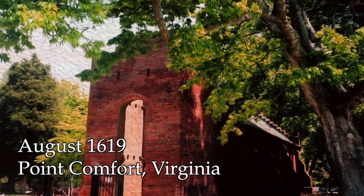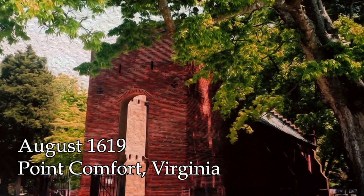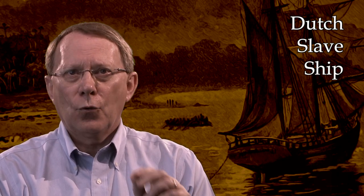In August 1619, at Point Comfort, Virginia, 20 Africans taken from the Ndongo region of Angola were put ashore and traded to men in the starving Jamestown colony for provisions from the Dutch ship that had brought the Africans to America. These were the first Africans on record to be forcibly settled as involuntary laborers in the North American British colonies. These blacks, who are identified by names such as Antonio, Isabella, Francis, and Peter, were not recognized by the